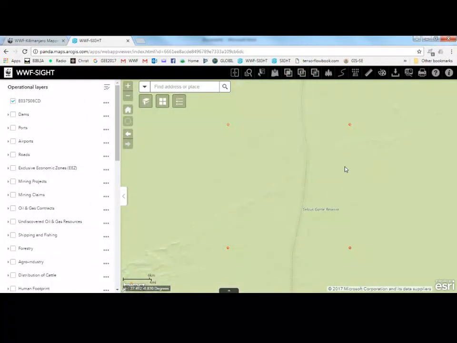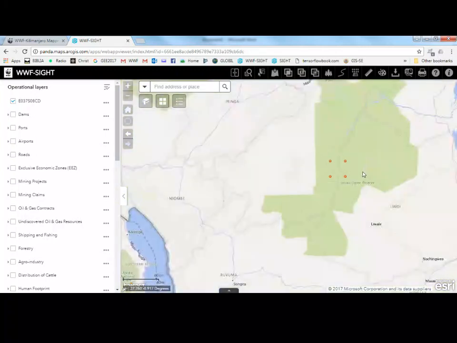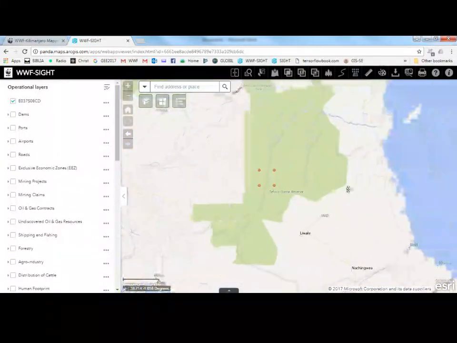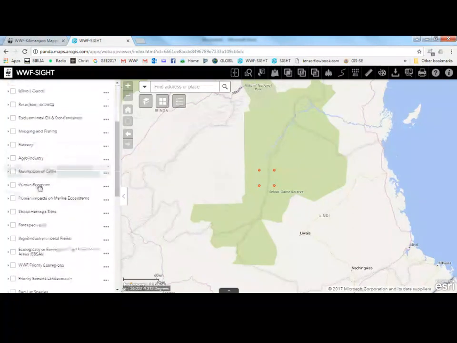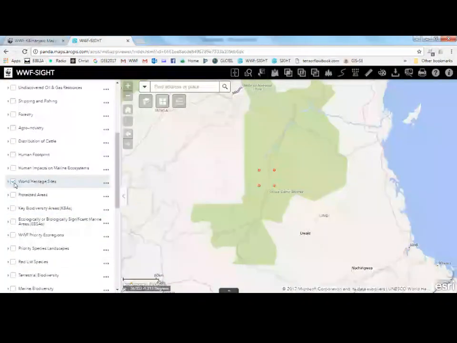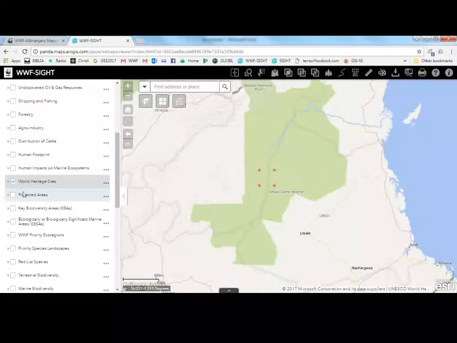Automatically, it will take me to that cell area which I've selected, and I can try to put the protected area. For example, my layers which I've added is this one, so I can put the world heritage area sites, which include Selous.